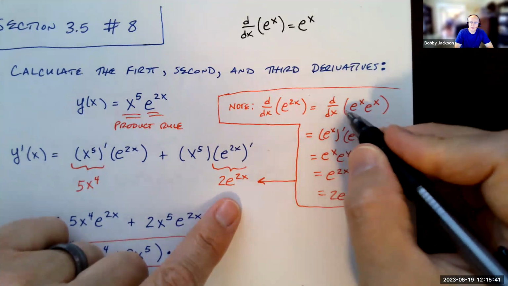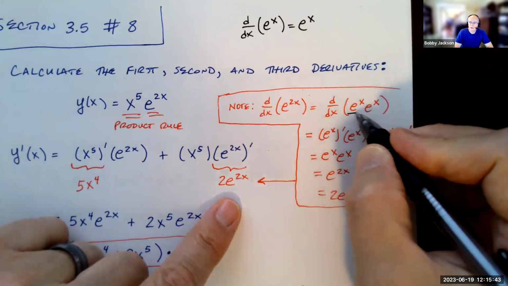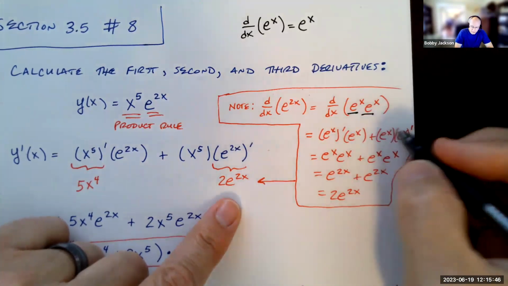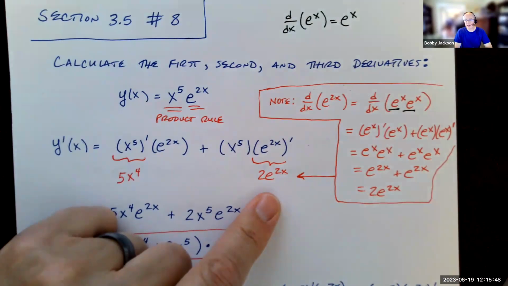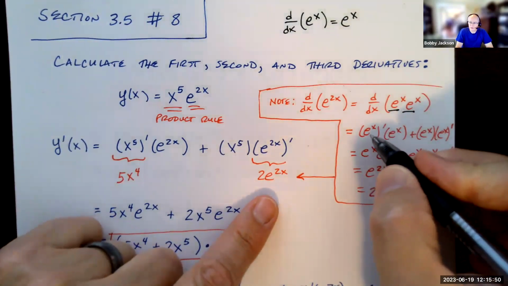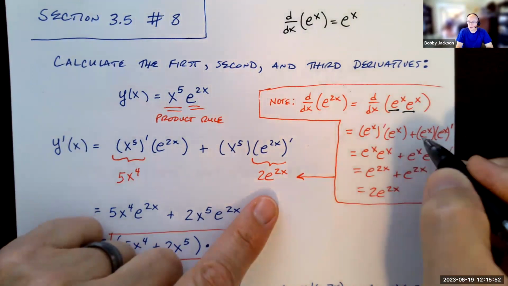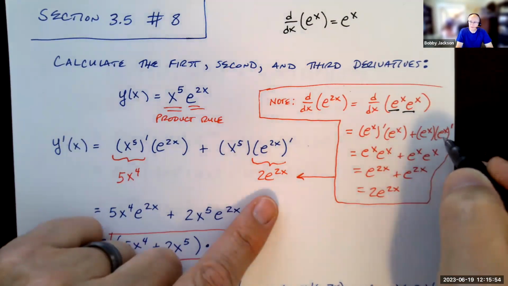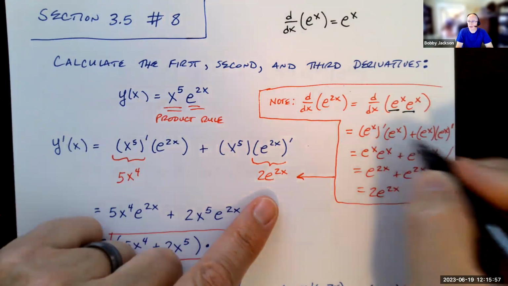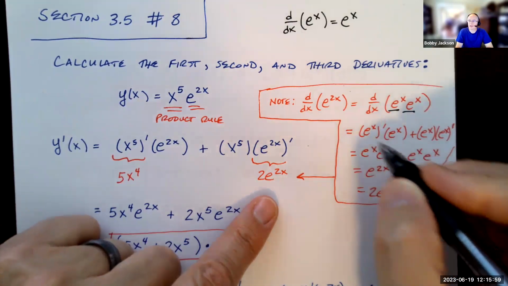And now what do I have? This is just a product rule again, right? I've got one function times another. Just turns out that both functions are the same. So I take the derivative of e to the x times e to the x plus e to the x times the derivative of e to the x. Which these are both the same, obviously, so it's just basically 2 times this, but what's the derivative of e